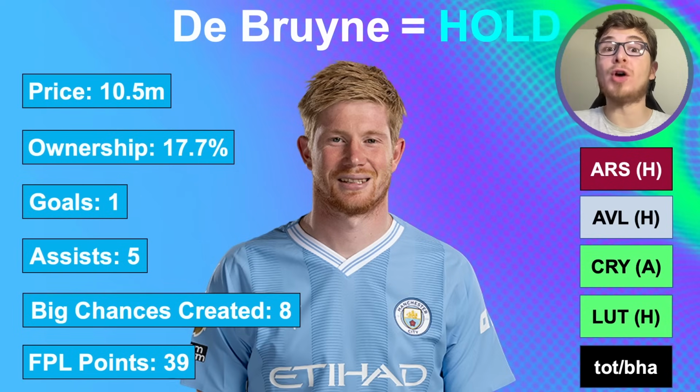Man City's fixtures are incredible from Game Week 32 until the end of the season, but as discussed in the best wildcard team, Haaland and Foden are by far the best Man City options you want to go for, and then maybe add a third in the defence if you wish, because Pep Roulette is certainly a big problem in that area. And with De Bruyne, it's an even bigger issue, and I don't think he's a hold in